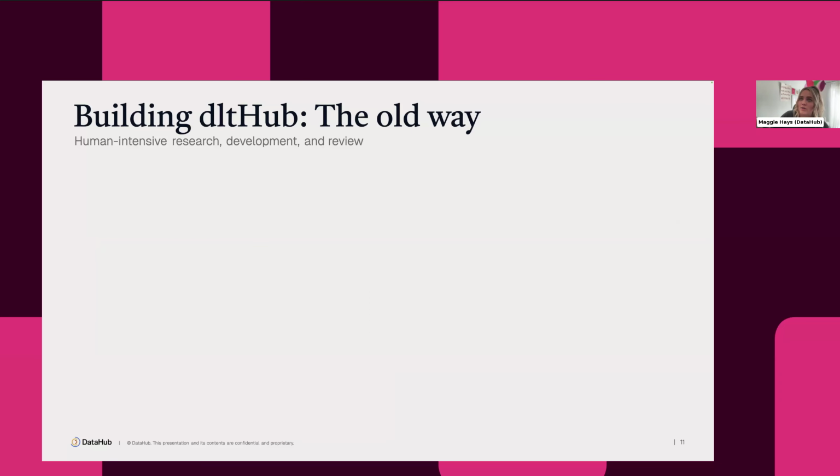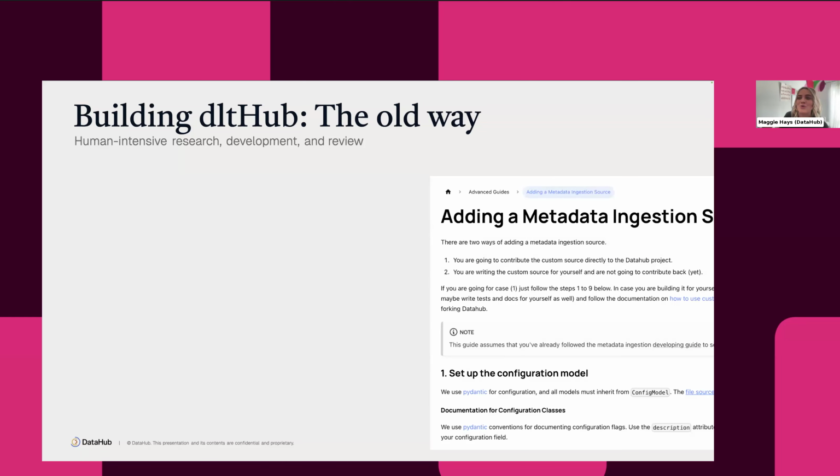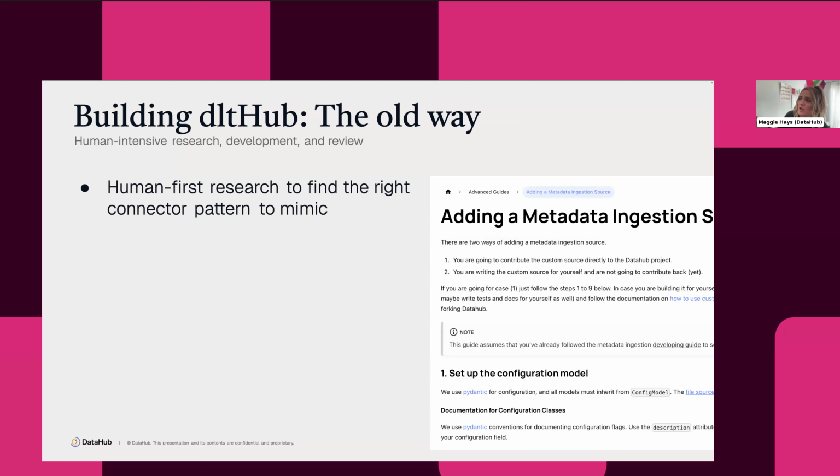So before we dig into what those AI skills and that new workflow will look like, I want to reflect a little on how we've been building net new ingestion resources, or connectors, and where things stopped scaling and allowing us to keep up with the rapid velocity of the industry. Historically, if we wanted to build the DLT Hub connector, it'd be a very human intensive, research intensive, coding and development intensive process that requires a lot of human context and research up front